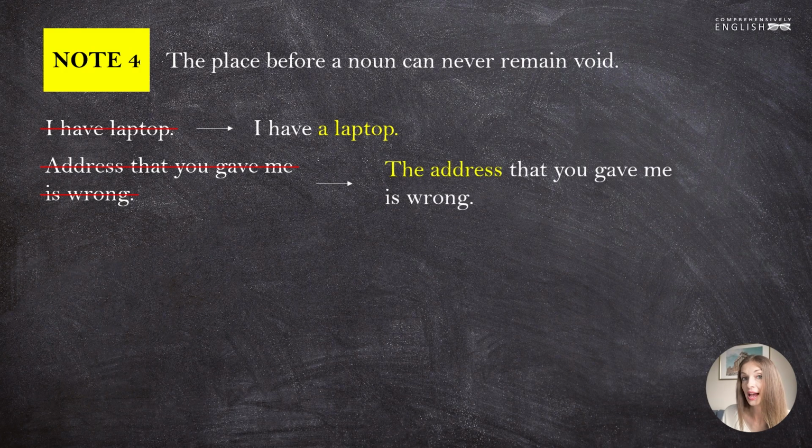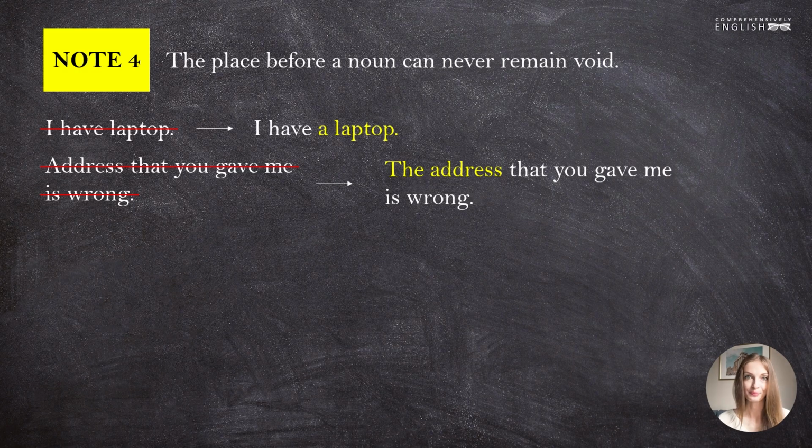It's either the address or that address, but never simply address, because the noun address is a countable common noun in its singular form, which means it demands an article, but whether this article should be definite or indefinite is determined by the context, precisely by your interlocutor's familiarity with the noun you use. In this example with the address, it is clear what address the speaker is talking about. The address